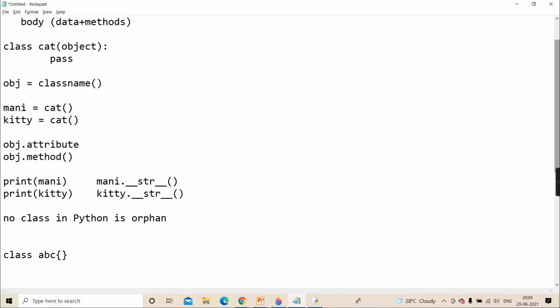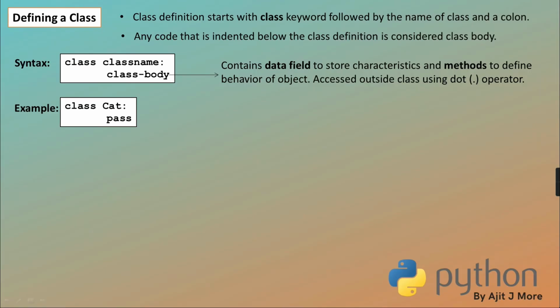It's an empty class. But it doesn't allow you later to add properties, data, or methods in it. That is no provision given. Here they have given that provision. You create an empty class and then at runtime you can add properties. At runtime you can add methods in it. That is the speciality. Okay?